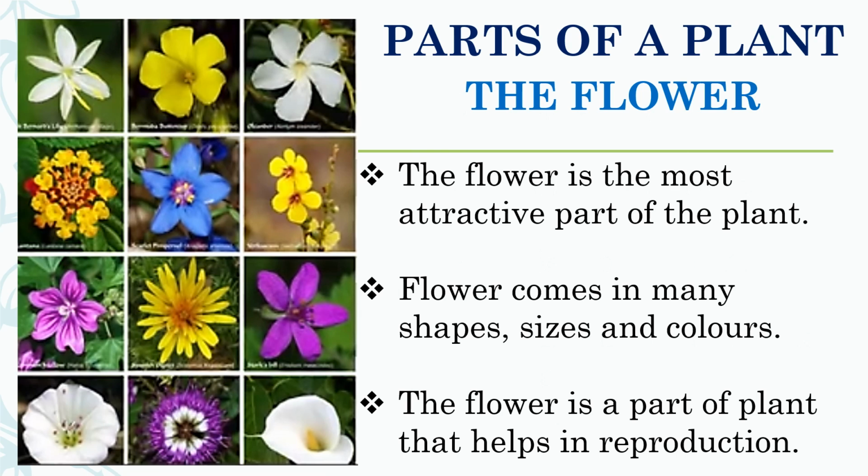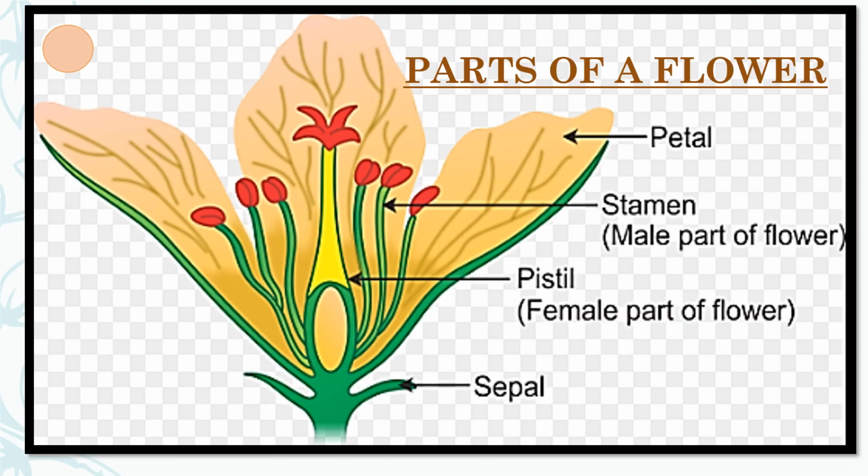Now we will discuss a very important part of a plant, that is the flower. The flower is the most attractive part of the plant. Flowers come in many shapes, sizes and colors. The flower is a part of plant that helps in reproduction. By the end of the session, you will understand that the flower is a part of a plant that helps in reproduction. First, we will study some common parts of a flower: